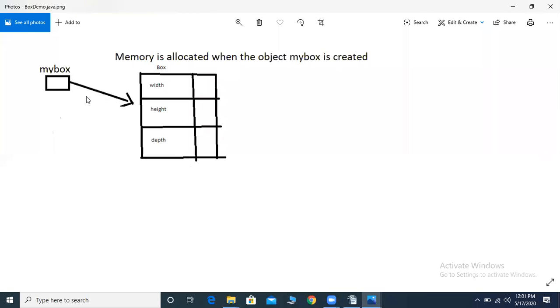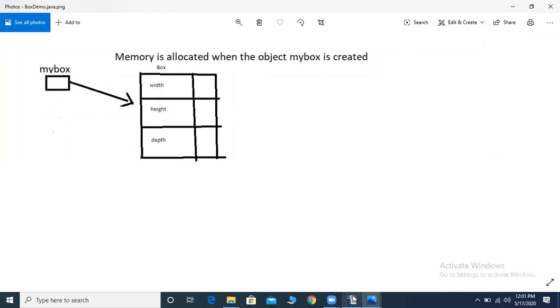Here myBox is an object, Box is a class. So myBox can now access the data width, height, and depth. That means by using the myBox object, we can store values for width, height, and depth. Unless we create an object, we cannot store the values. Now we have created an object called myBox. Box is a class, myBox is an object. Once myBox is created, you can give values for width, height, and depth.